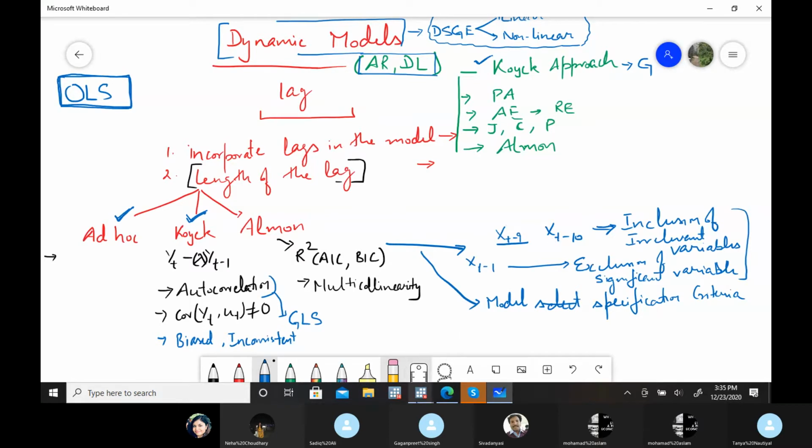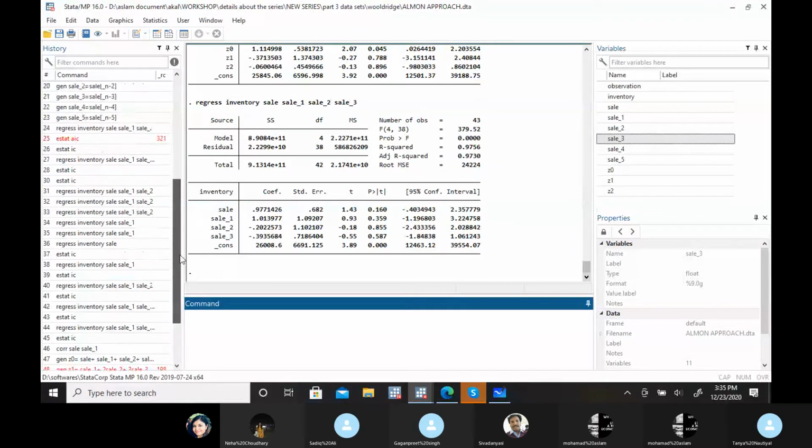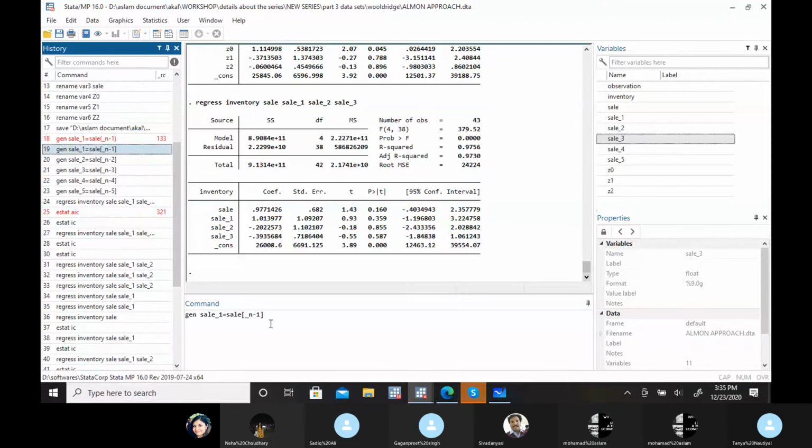What you have to do is, let's say we have this particular model, inventory and sale data. Let's suppose I have 5 lag periods. For generating a lag, you have to write this command. For the first lag, let's say we have to generate a lag for sale, the independent variable. So just write generate and the name of the variable.